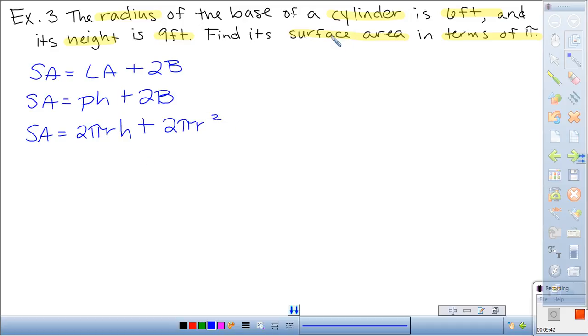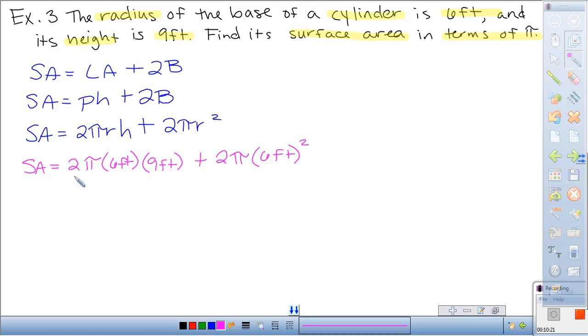Now let's check to see if in our problem they've given us the information we need. So we know what pi is already. It's a fixed number. The radius we see here, radius is 6, and the height is 9. So we have all the information we need. There's really no reason to draw the picture. All we need to do is take these numbers and plug them in. Surface area equals 2 pi times radius, you'll note, is 6 feet, times height, which is 9 feet, plus 2 times pi times radius is 6 feet